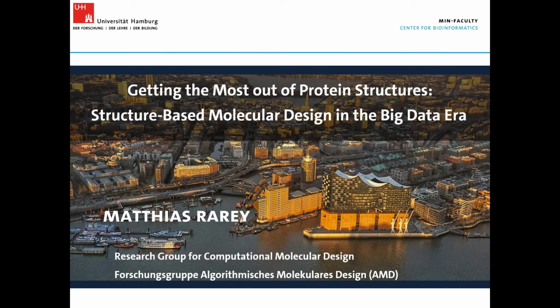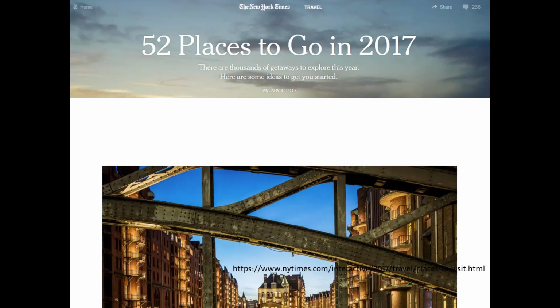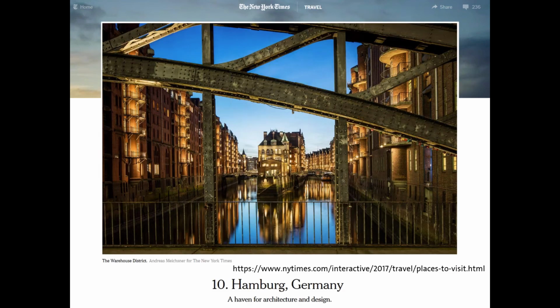Just to show you one more picture, everybody in Hamburg was really proud to see that the New York Times listed Hamburg as ranked 10 of the 52 places you should visit in 2017, with this very nice picture of the Speicherstadt. So I will talk about work we are doing with protein